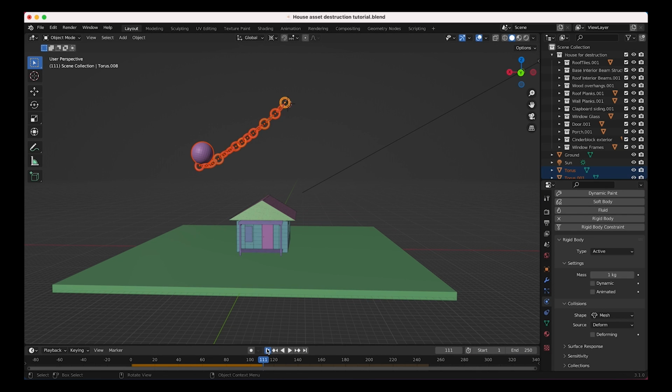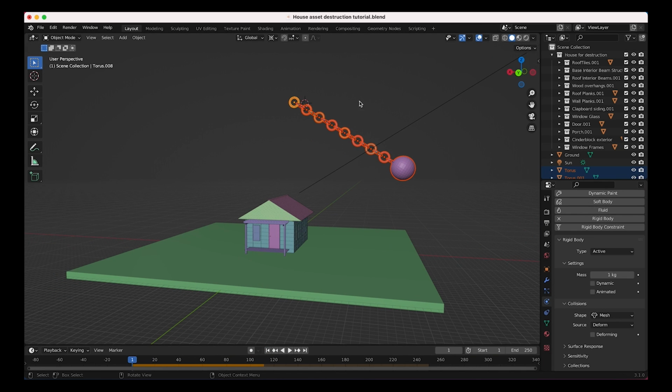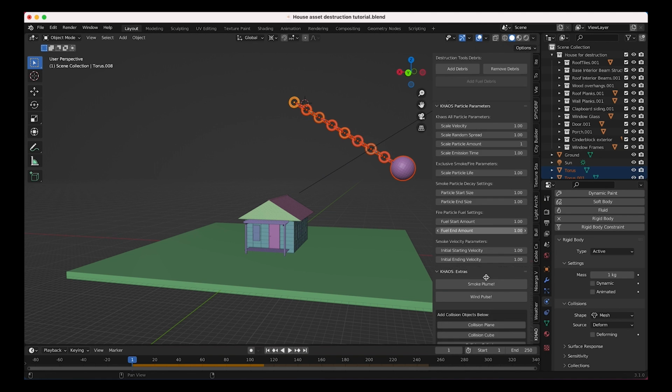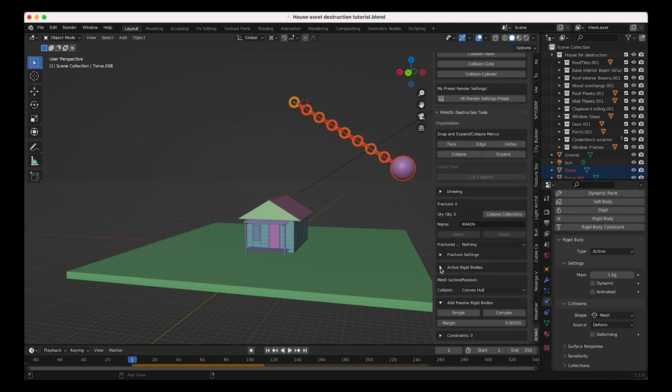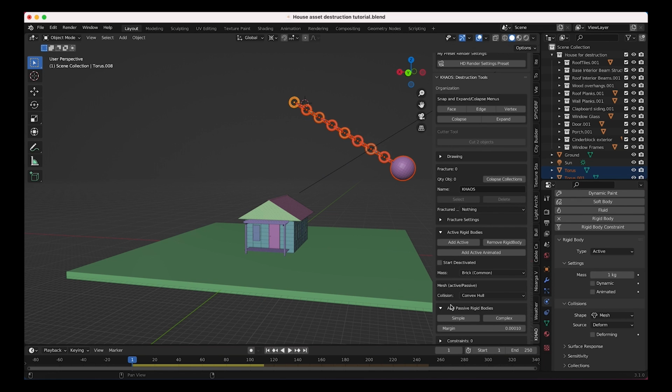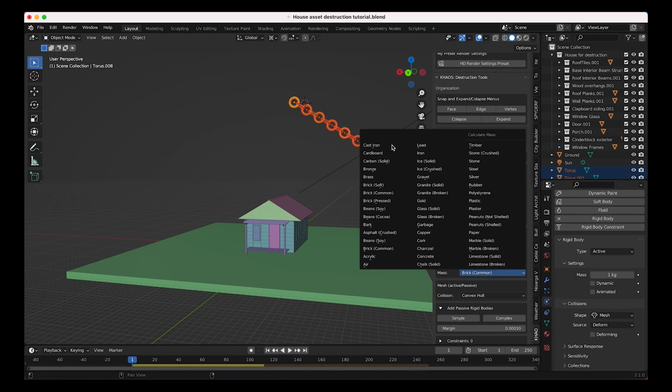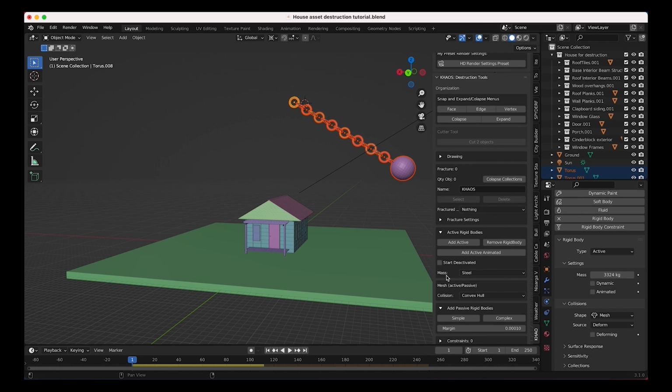All right, so we have some sort of rigid body simulation here. Before we start shattering our house, I want to actually add some mass to our wrecking ball. So I'll go to the KHAOS tab here, scroll down to our active rigid body tab, and for the mass here, I'm going to change this to steel. And what that's going to do is, whatever is selected at the moment, Blender is going to calculate the mass based on that material. So you can see the mass here is changed, and each object will be a little